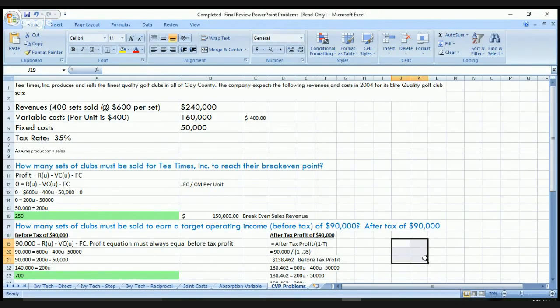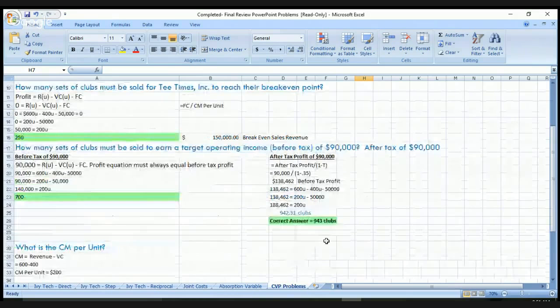Oh, my after tax. I'm sorry. The after tax is 90,000. So I'm going to take the 90,000 divided by 0.65. 90,000 divided by 0.65 is 138,462. Then I'm going to plug that into the equation where 138,462 equals 600U minus 400U minus 50,000. And then when I solve that for the U, I'm going to get